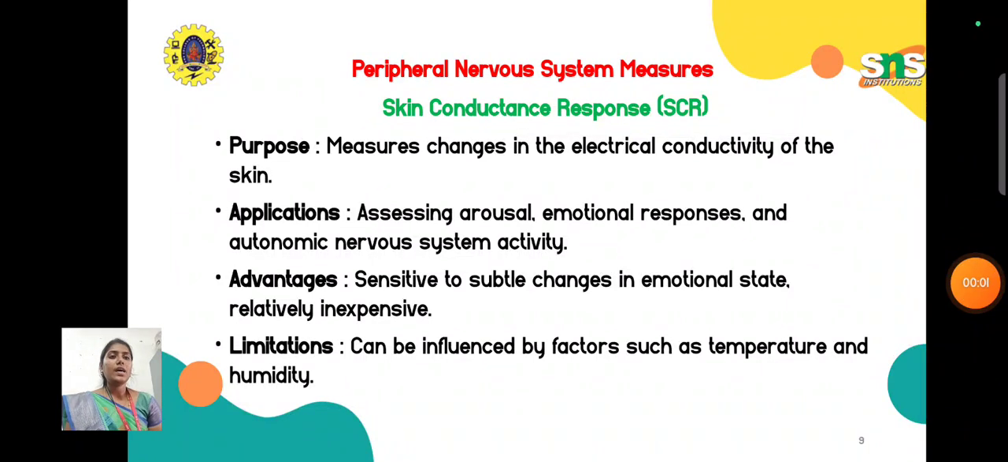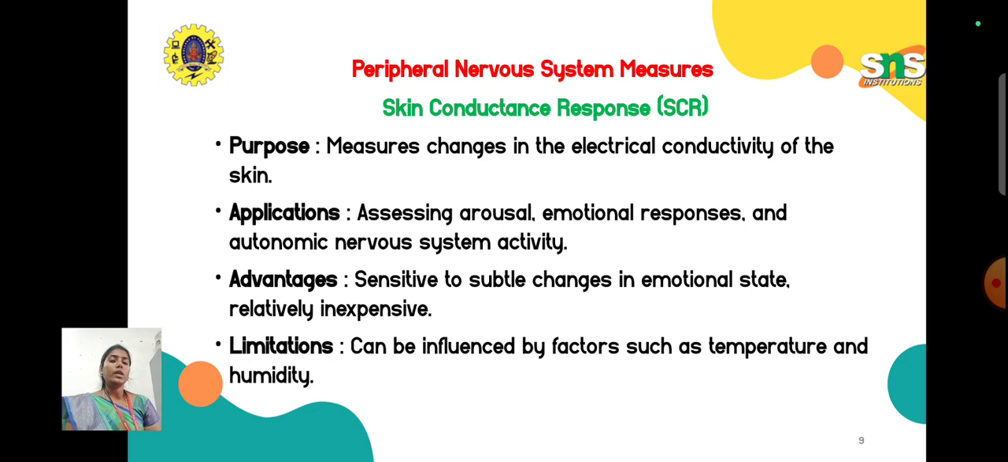Hi all, let's continue from the last class, where we were discussing different types of psychophysiological measurements. The next type is peripheral nervous system measurements. Here we will be focusing on the extremities. In that case, we take into consideration skin-related measures, that is, skin conductance